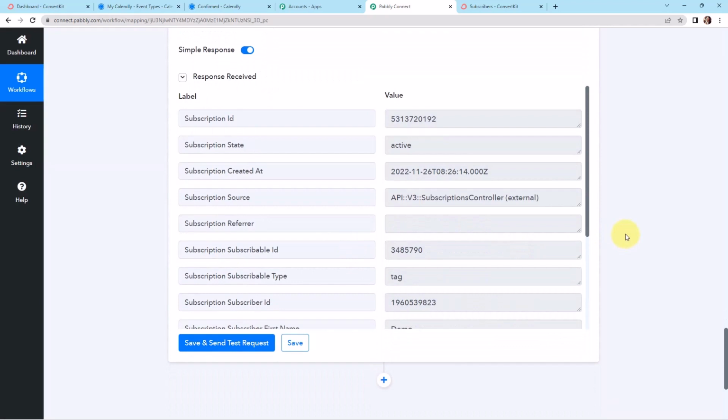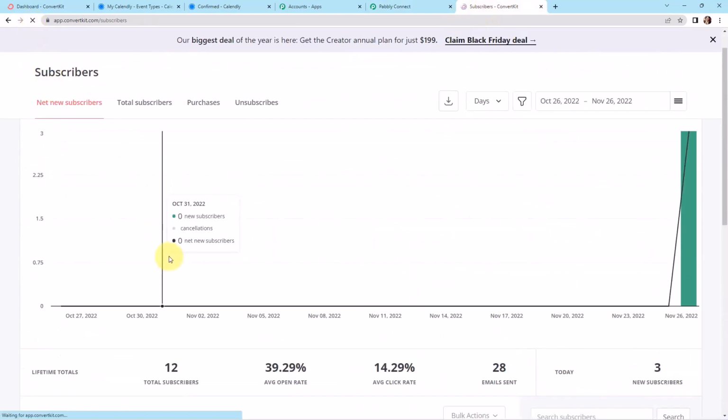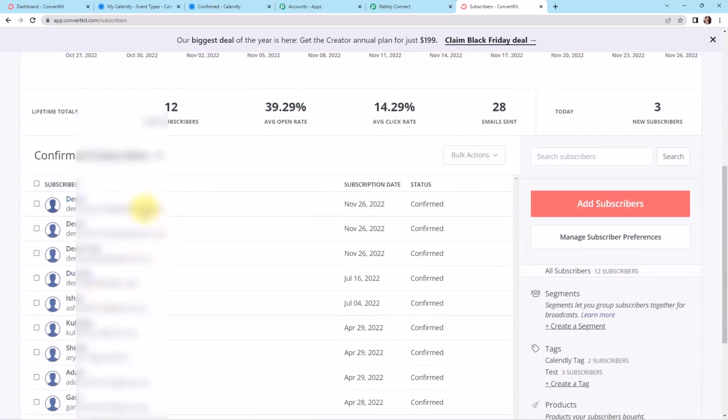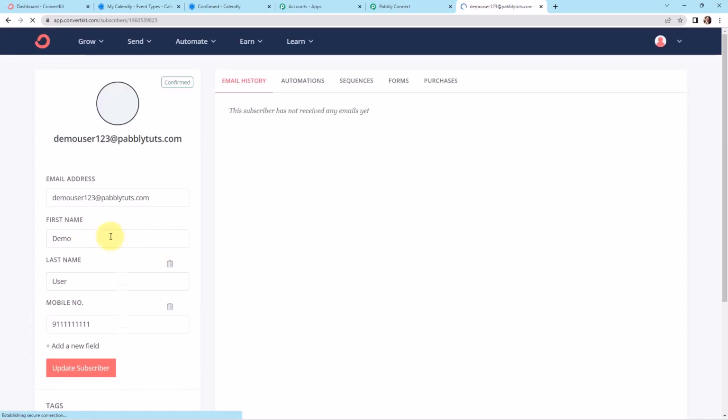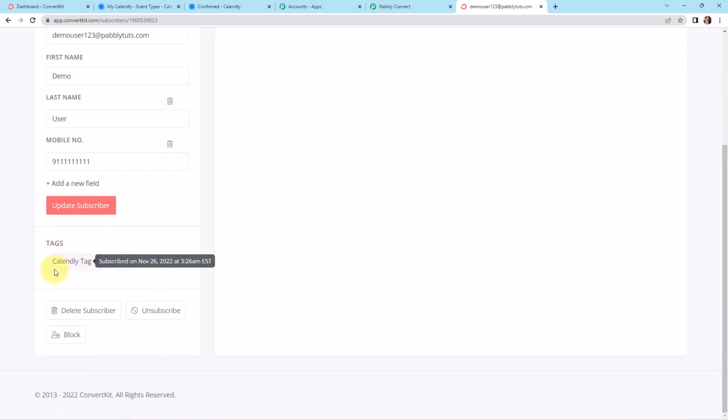Now, if our integration is a success, a tagged subscriber should be created in ConvertKit. So I'm taking you back to ConvertKit, and here I'm going to refresh this connection. Once done, here you can see that we have successfully created a subscriber, demouser123@pabblytudes.com. This is the email address, this is the first name, last name, mobile number, and yes, even we have the tag, which is Calendly tag. So this basically means our integration process is a complete success, but we also need to check this in real time. So I'm going to go back to